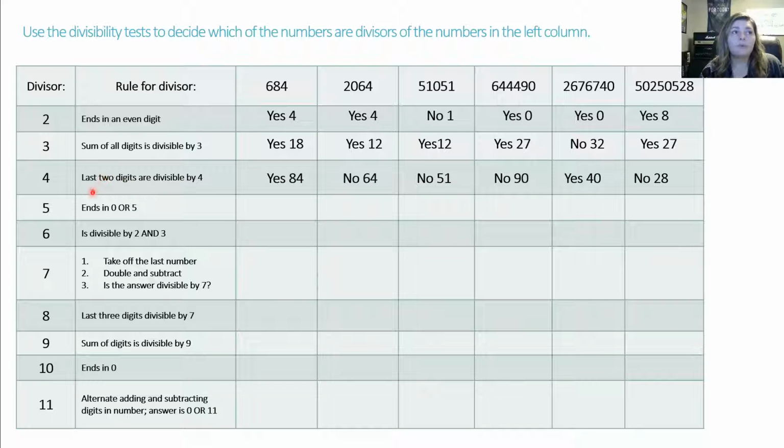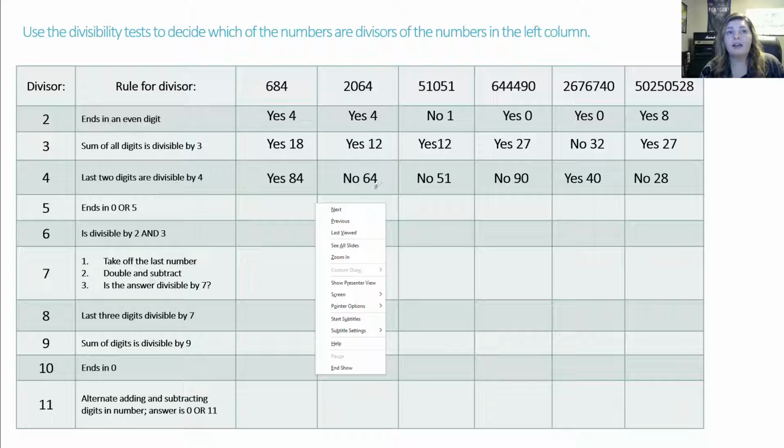So the rule for number 4 is the last 2 digits are divisible by 4. So what that is saying is, it's not asking is 84 divisible by 4. It's saying is 8 divisible by 4? Yes, it is. And then is 4 divisible by 4? So it's asking as if each number has its own separate number. So is 6 divisible by 4? No, it's not. Is 4 divisible by 4? Yes, it is. But the fact that 6 is not divisible means that no, the entire number would not be